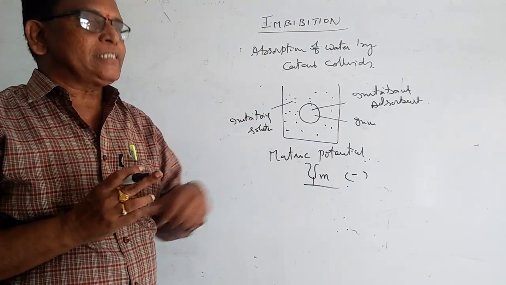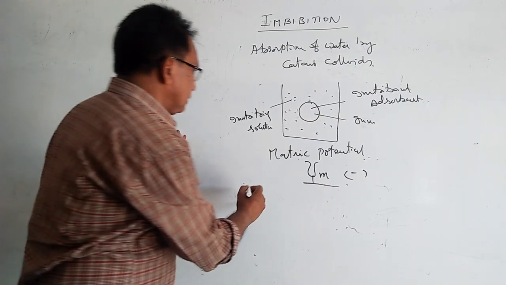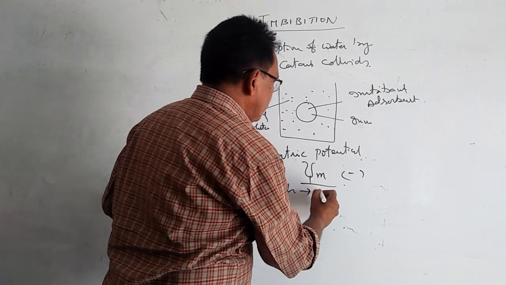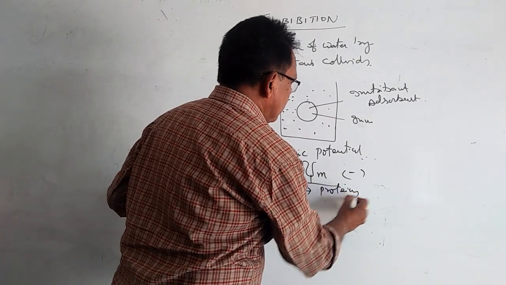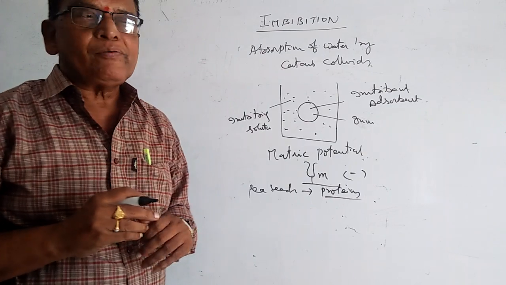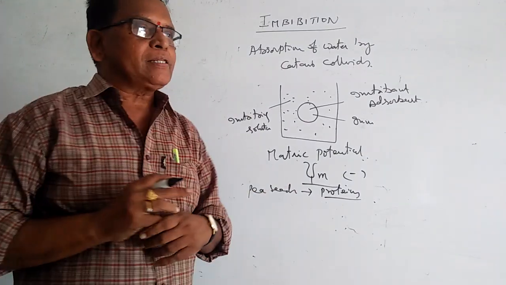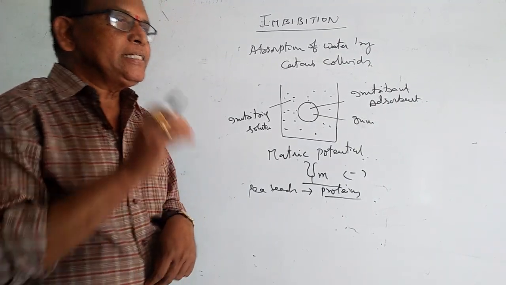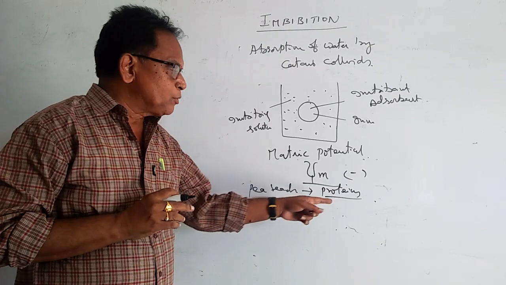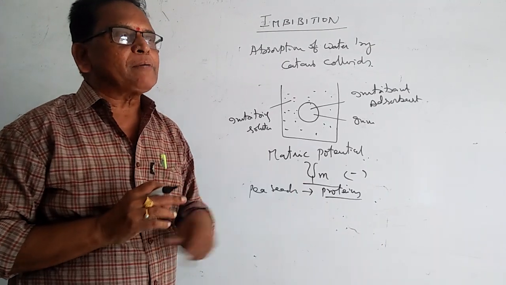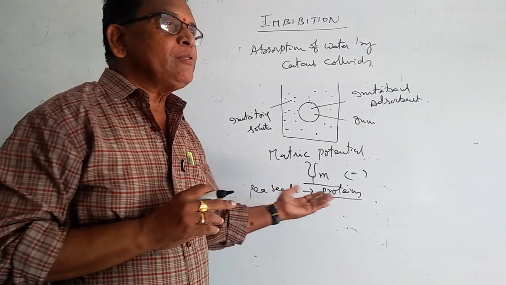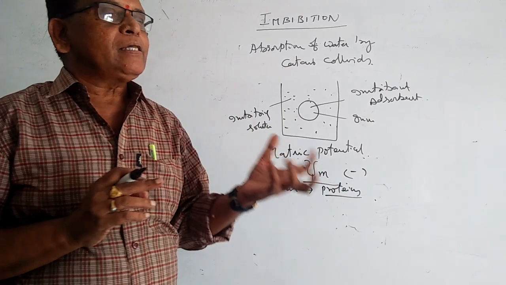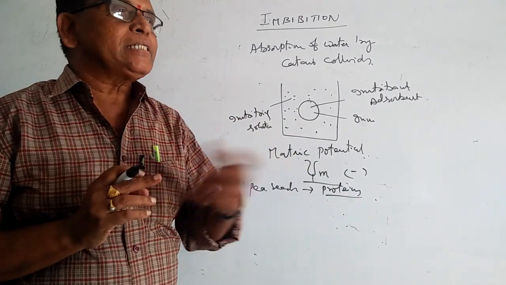The magnitude of the imbibitional pressure is always equal to the type of substance that is present in the seeds. Suppose we take pea seeds, where the reserve food material is proteins. The rate or capacity of imbibition depends upon the type of substance stored in the seeds. If we take pea seeds where proteins are stored, the imbibitional capacity of the pea seeds will be more when compared with the seeds of wheat or some oil seeds.